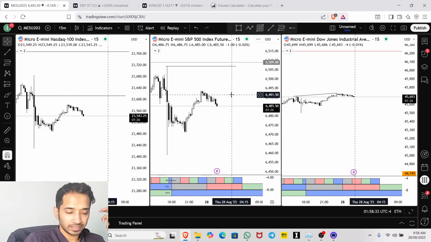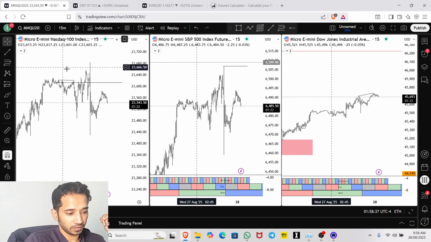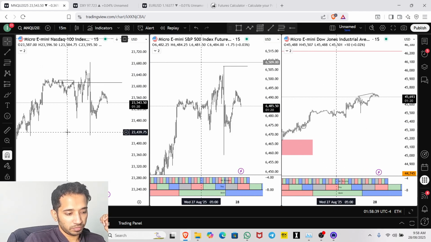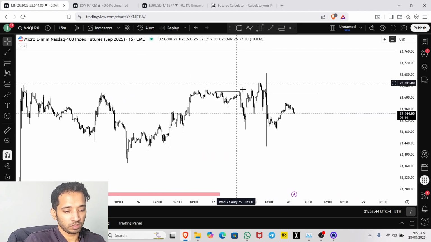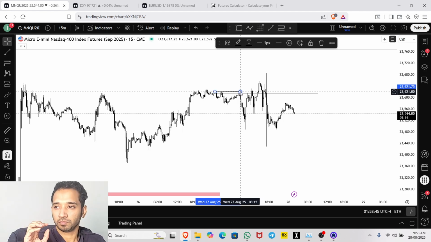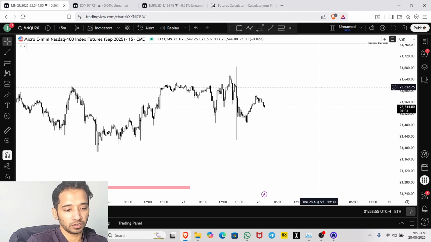So in today's example, I'm showing you the price action of yesterday and what happened yesterday. Okay, it was a bit choppy day. I know a lot of you would have caught something, but for me it was not a good day. I mean, by not a good day I didn't mean that I lost tons of money. No, I just lost maybe $80, which is close to break even actually, and it was due to me